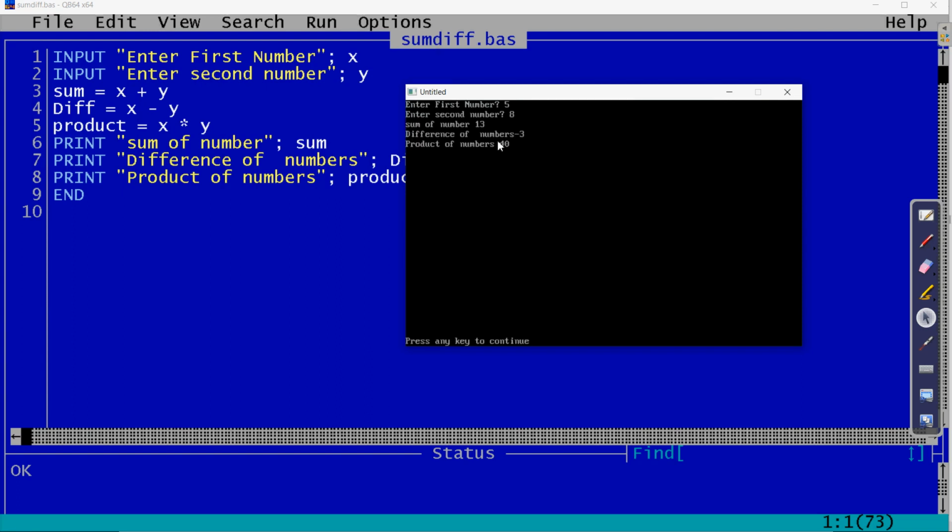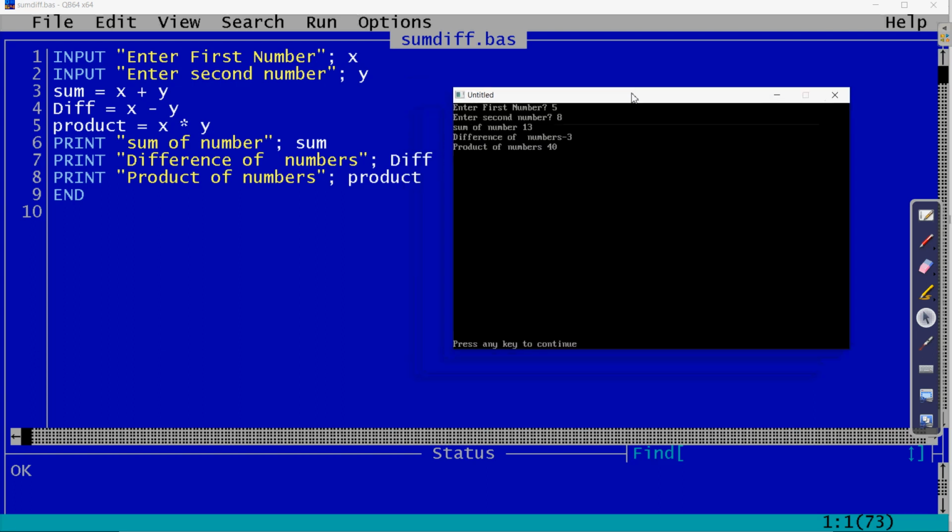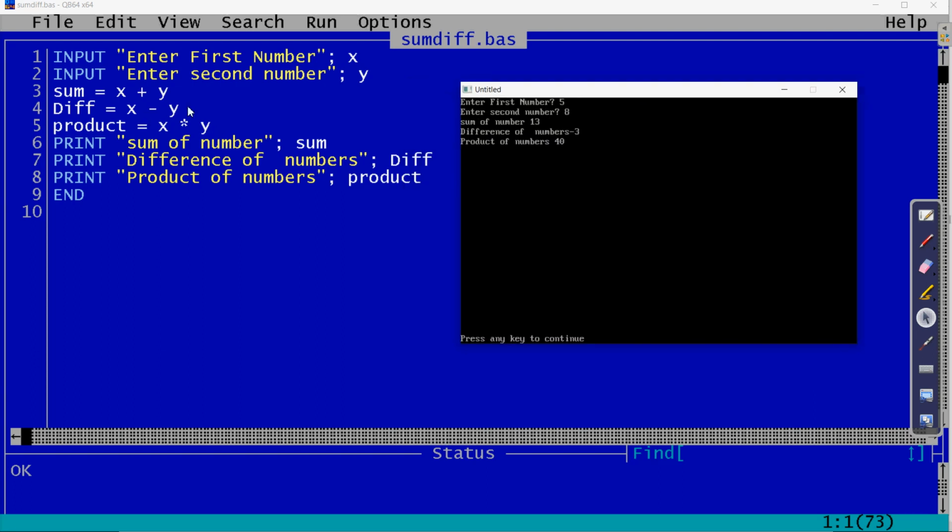Here is the output. The sum of the numbers is 13. The difference of the numbers: as the first number was less and the other number was more, we have written x minus y in the difference. So 5 minus 8 becomes minus 3, that's why you can see the output here is minus 3. Then the product is 8 into 5, which is 40.